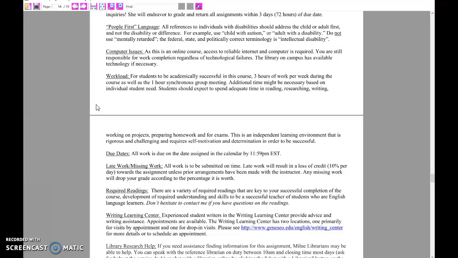Aim for about 3 hours of work per week plus the 1-hour group meeting. So you should not only be doing your readings and your reading reflection each week, but you should also be working on your projects. As you'll see in the explanation video, they are overarching throughout the semester. So it's better if you can get them started and get them going throughout the semester instead of leaving it.